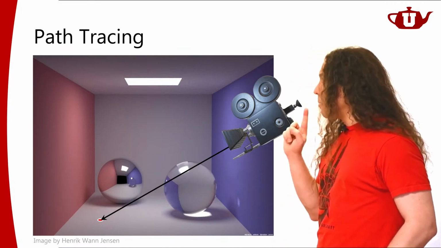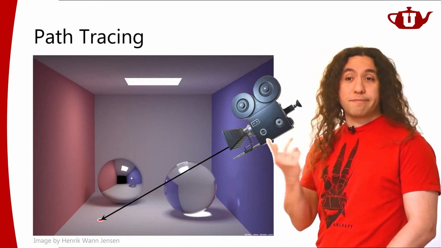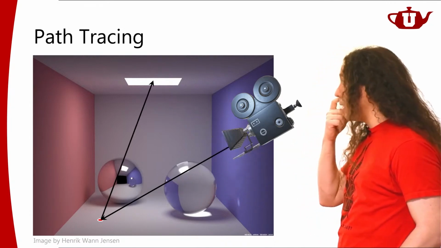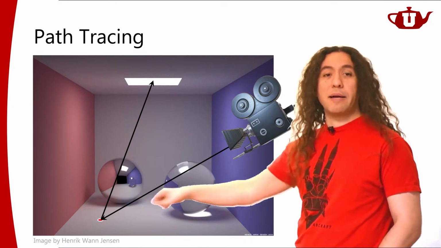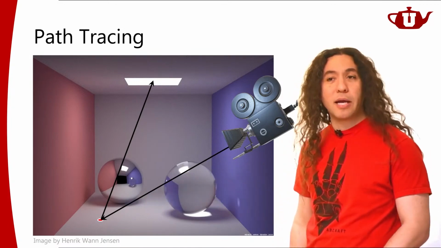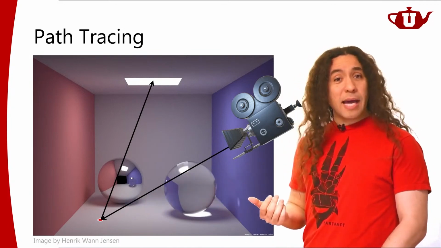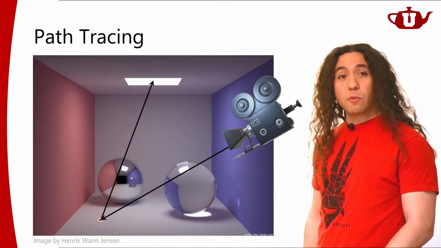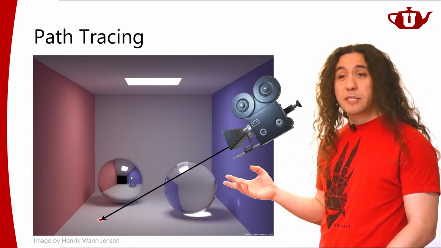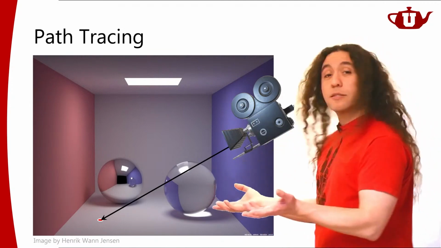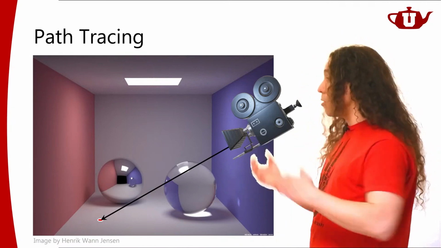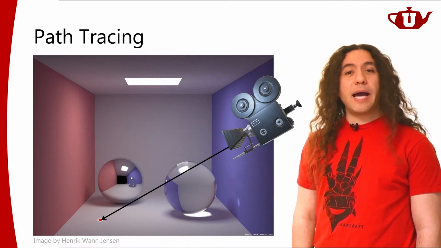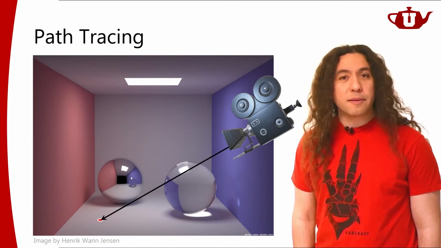What am I doing? I'm going to have to look at the direct illumination, obviously. So I look at the direct illumination, and I see, okay, I'm seeing direct light here. I'm getting some direct illumination. I handle that in my shading. Good. I also need to look at indirect illumination, right? So how am I going to do that? Well, for indirect illumination, it's coming from all directions, right? Indirect illumination coming from all directions. What path tracing is going to do is that it's going to use sampling.